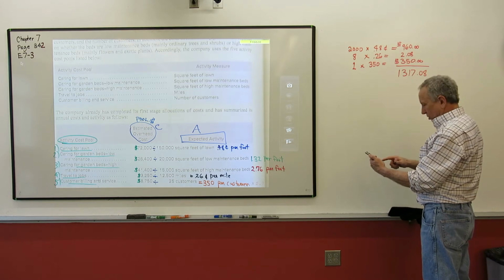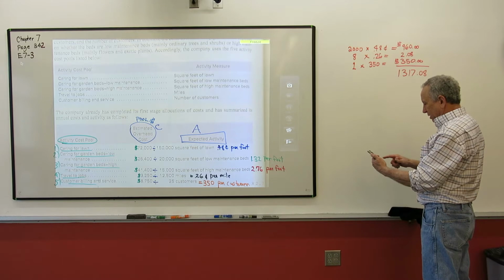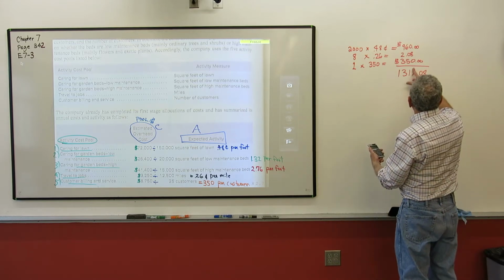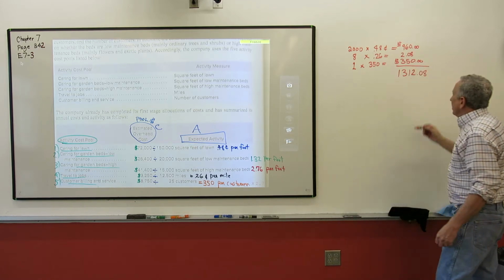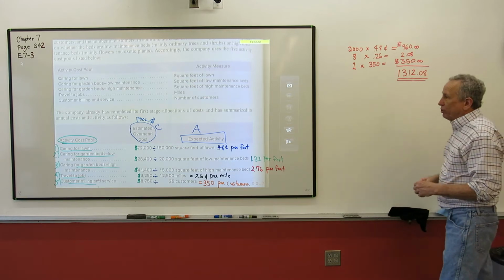960 plus 2.08 plus 350, $1,312. Okay, $1,312.08. Now, if you're, of course, watching this video and you're thinking, you've just taught me the worst system in